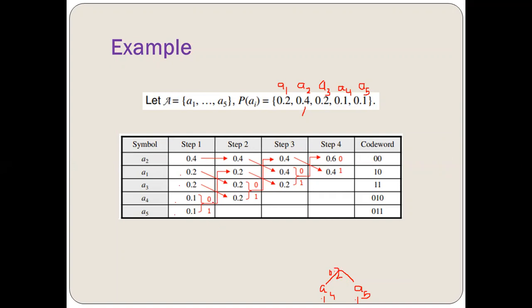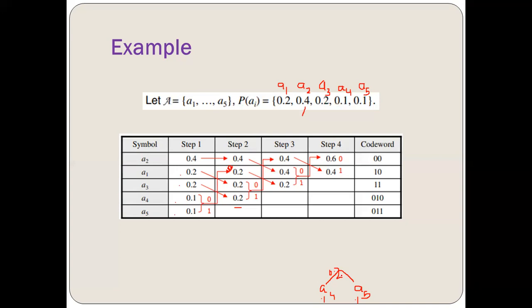Okay. Now when we get 0.2, here comes the difference between the Huffman and the minimum variance. In the Huffman code, we used to put this particular 0.2 at the end, right? But here we are going to put this 0.2 at the top of the 0.2 list. So as A3 is already 0.2 and A1 is also 0.2, I'm going to put this 0.2 of the newly built symbol at the top, that is here. So that makes the sequence difference.